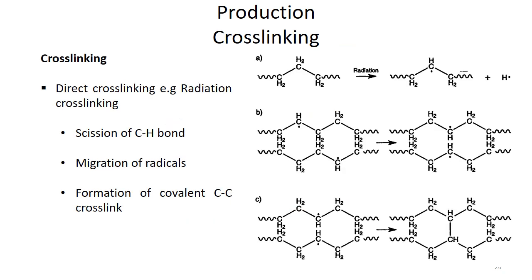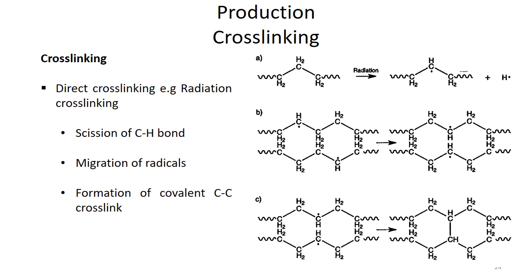We typically divide cross-linked polyethylenes into one of two different categories. We can either directly create cross-links between chains via a free radical mechanism, or we can create short chemical bridges between chains. First, talking about direct cross-linking, we can use many different methods for that. One of them is radiation cross-linking. Direct cross-linking can be brought about by irradiation of a solid product with gamma radiation or high energy electrons.